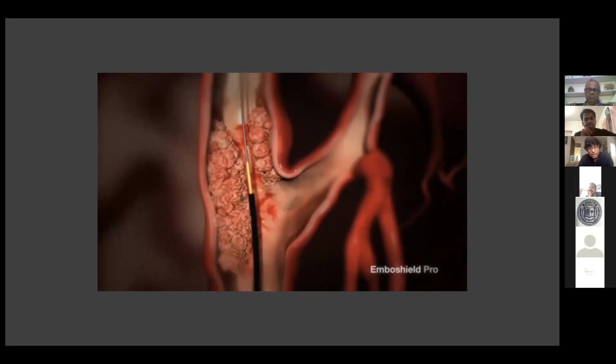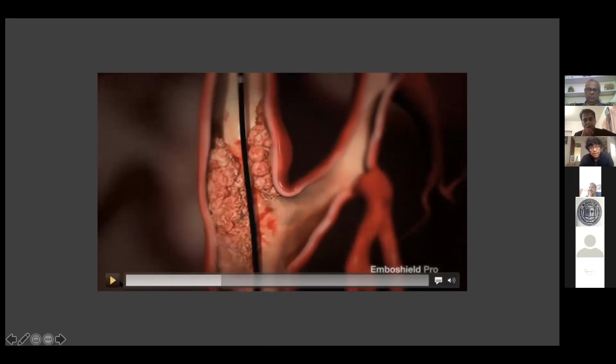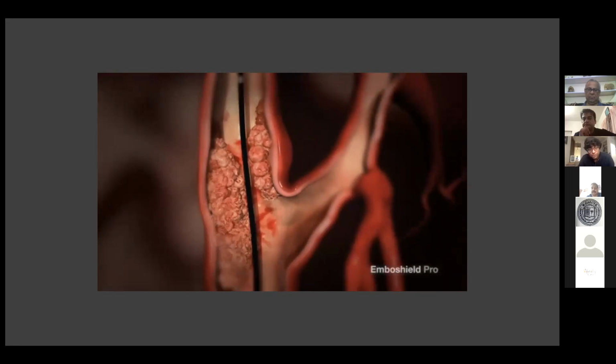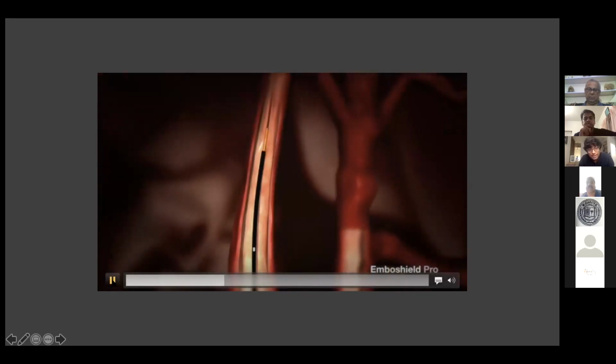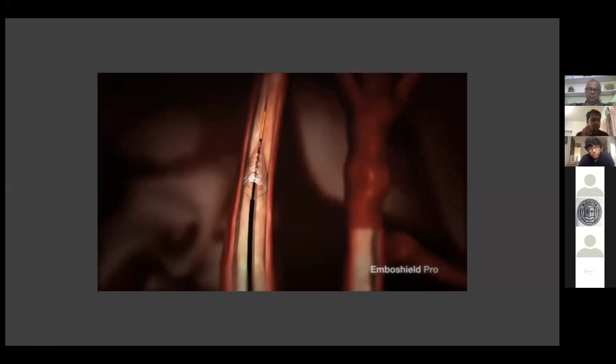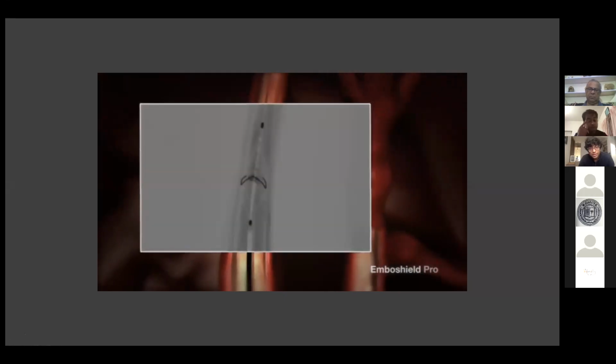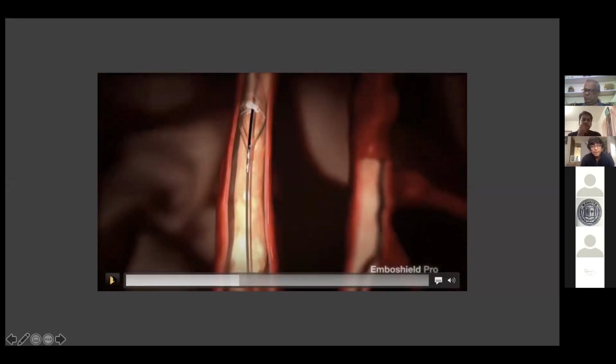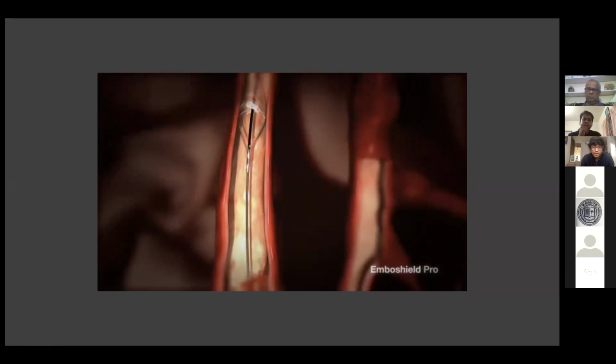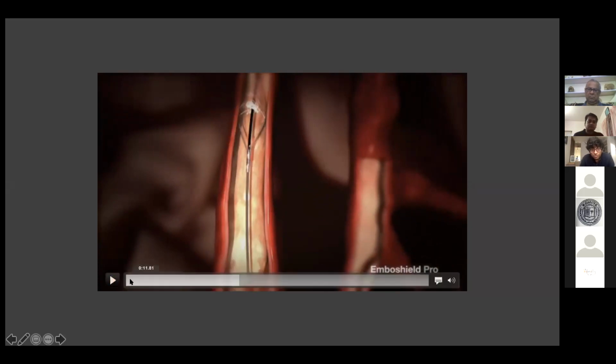And subsequently, I'm just going to pause this, almost all cases of carotid artery stenting are done with an embolic protection device, such as the one being demonstrated in the animation. This filtration device is deployed, and I'll show you the technical details of this later. Basically, this is a mobile filter that can be moved on a bare wire, which is usually 0.14 in diameter. And this wire, if I can just show you,